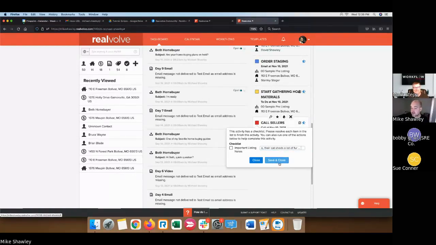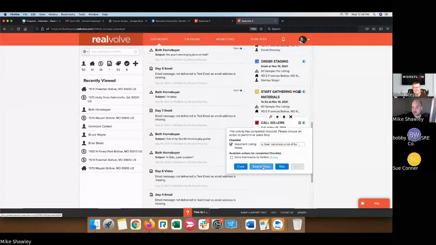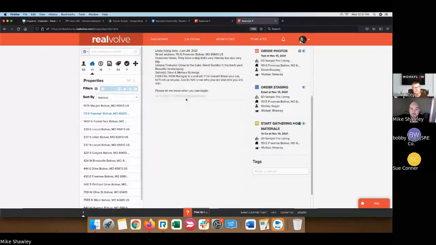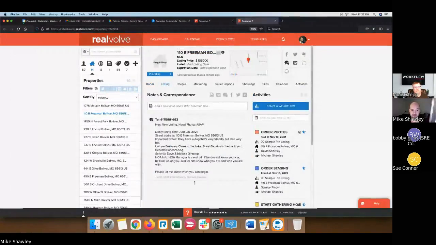So I just edited this note, right? We're going to do that. And we're just going to hit save and close. Oh, I can also send homework to the sellers. But we're just going to hit save and close for now. Now that I've done that, if we go back to 110 East Freeman, and if we go over to the listing tab,